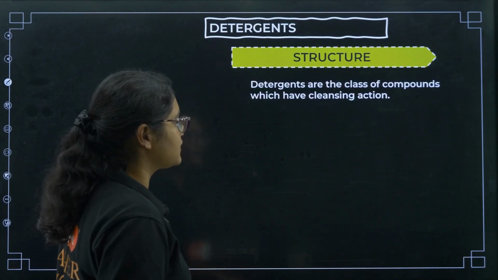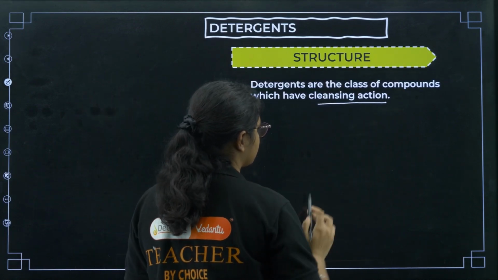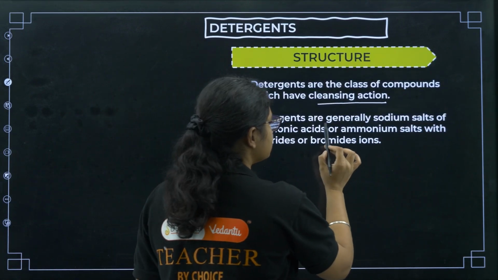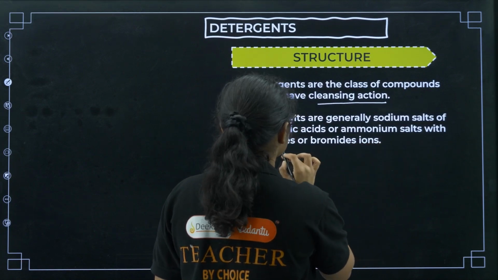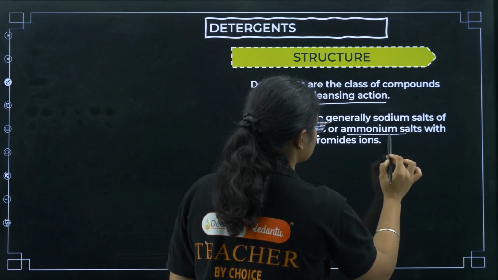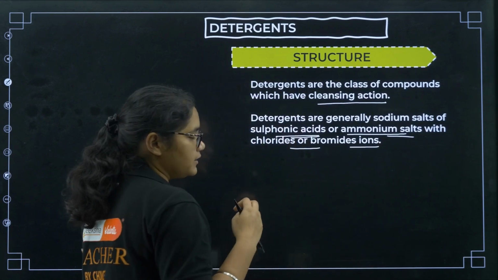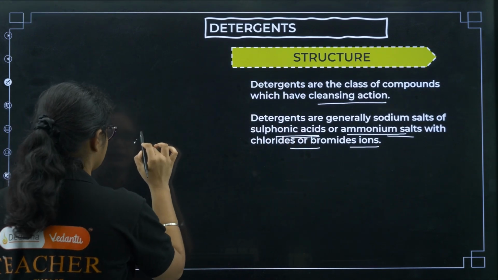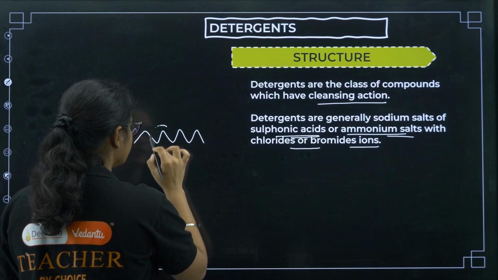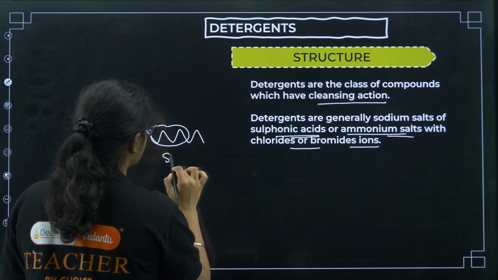Detergents are a class of compounds which also have a cleansing action. Detergents are generally sodium salts of sulfonic acids or ammonium salts with chloride or bromide ions. So in the chain of detergents, in this part you have what? Sulfonic acid,